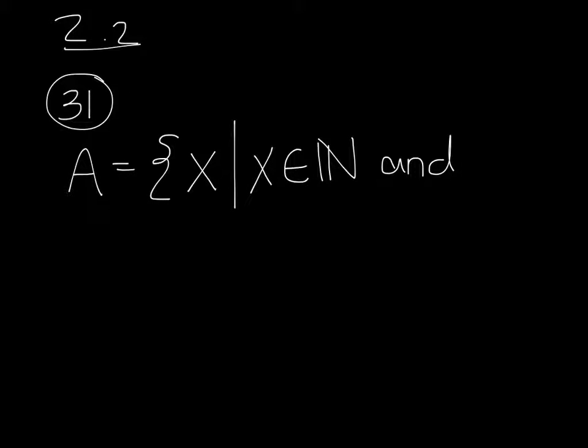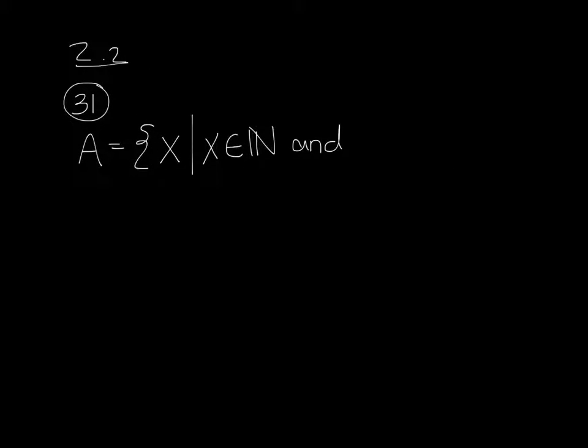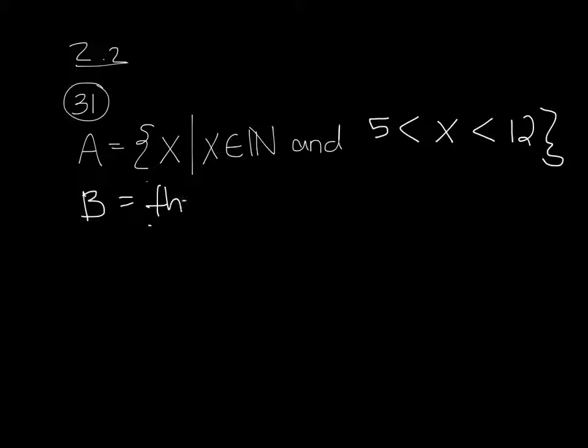And then we have these symbols. Let me make this a little bit smaller so I can fit it all in one line. I have 5 less than x less than 12. And then I have set B, which they give as a word description, so I don't have to write the set: the set of natural numbers